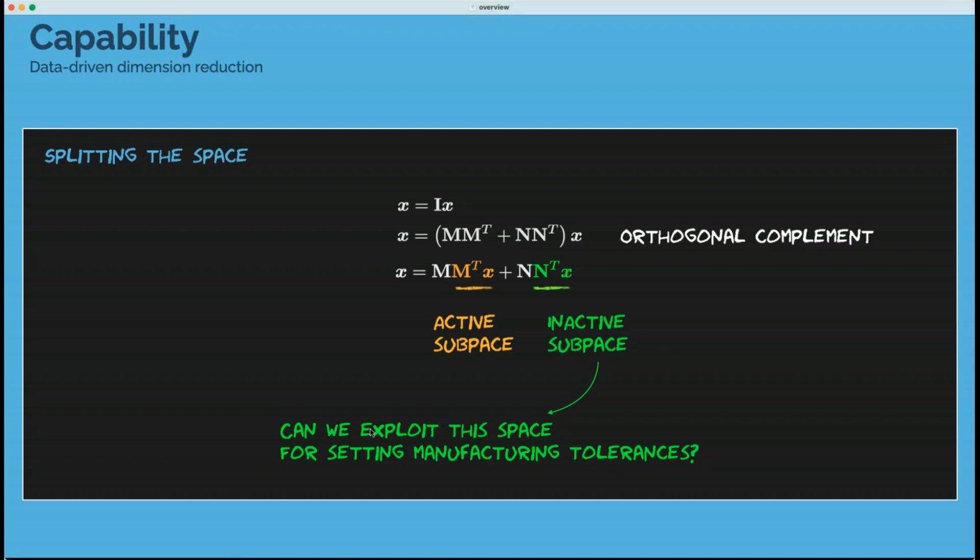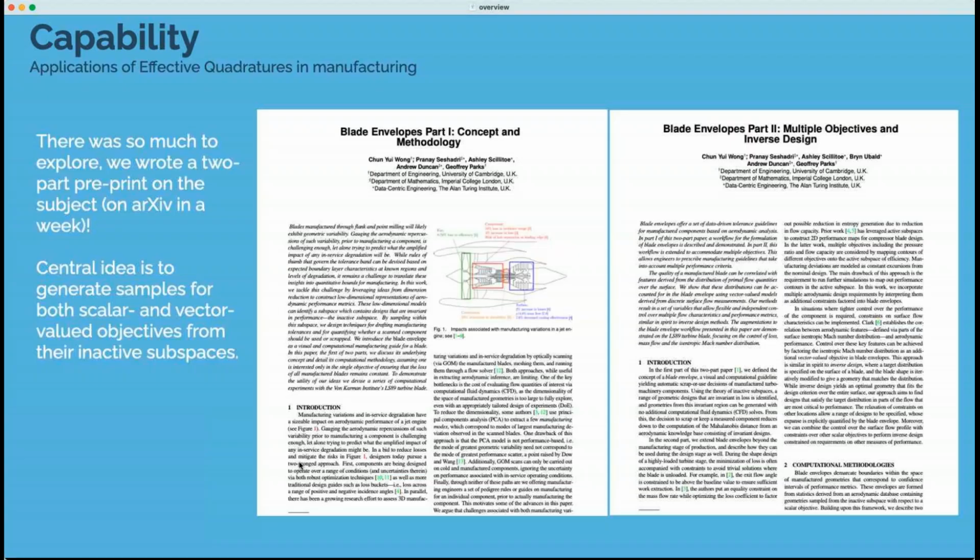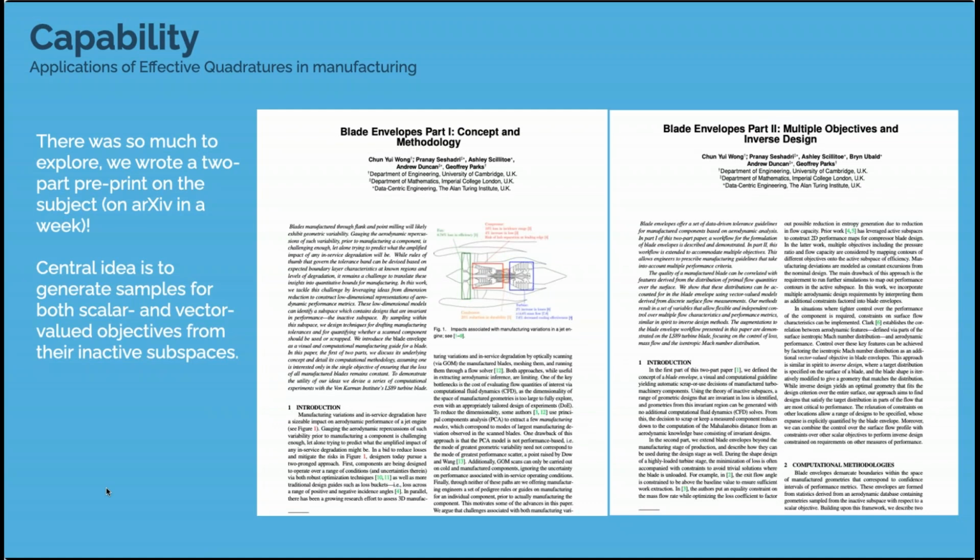And I won't go into too much detail, but we wrote a 2-part paper on this topic. This was done by my PhD student, Chunyi Wong at Cambridge. It's called Blade Envelopes. And it's all about how you can exploit the inactive subspaces, both for scalar valued outputs